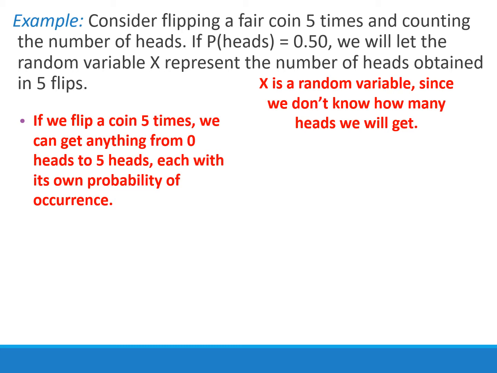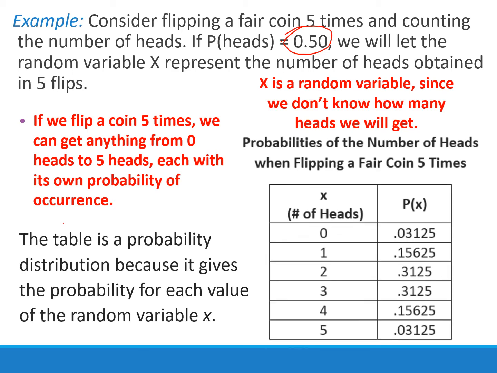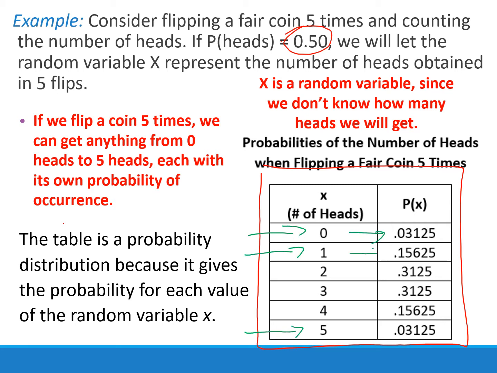Now it's giving us the probability. It tells us that this is a fair coin, meaning the probability of getting heads is 50%, tails is also 50%, and based on that, we could fill out a probability distribution, which is a table like this. It has all the different outcomes of 0 heads, 1 head, all the way up to 5 heads, along with their associated probabilities. For example, there's a 31.25% chance that we'll get 3 heads when we flip a